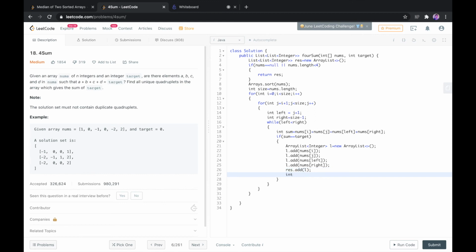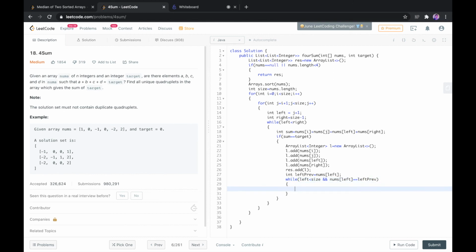Now we need to check for redundant values. So for that, we store the previous left value inside the variable left prev, and then we check if the conditions are satisfied, if left is less than the size and the element of the nums array which is at the left position is equal to the value that we stored in left prev, right?